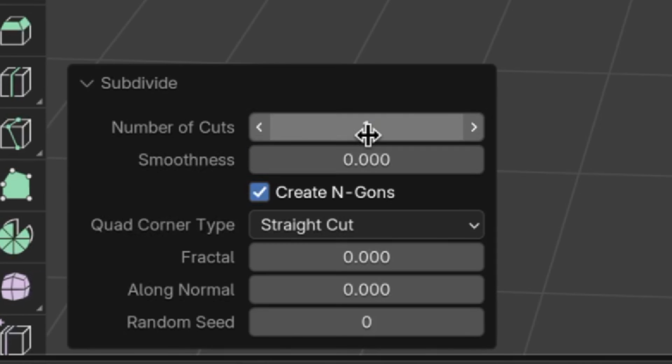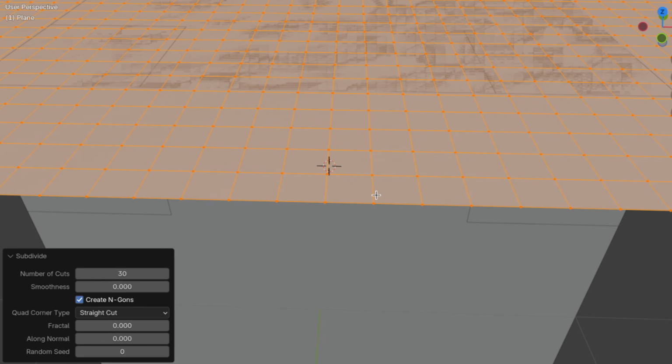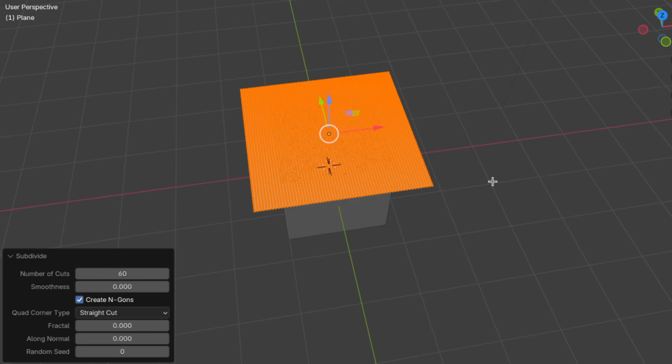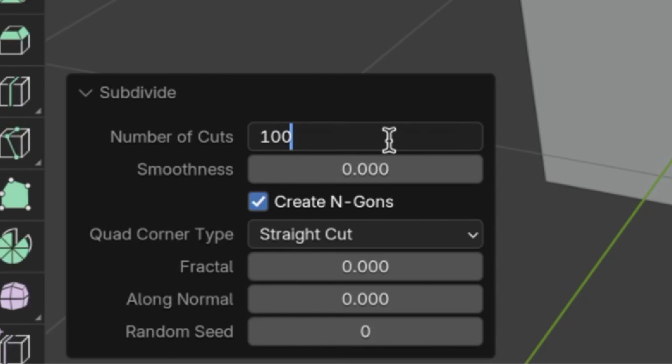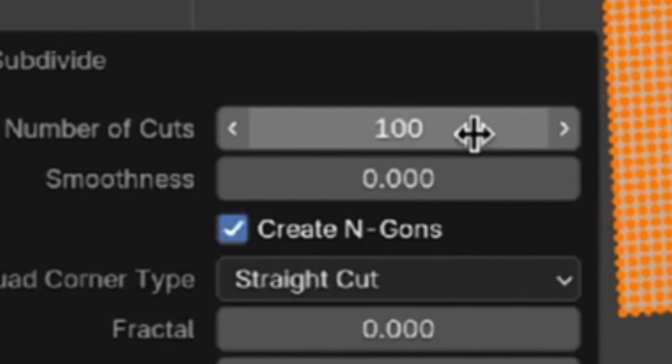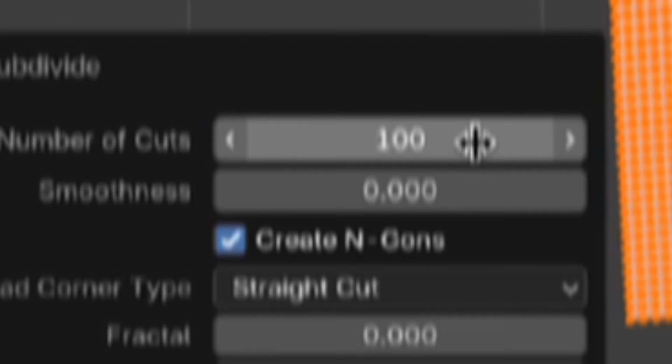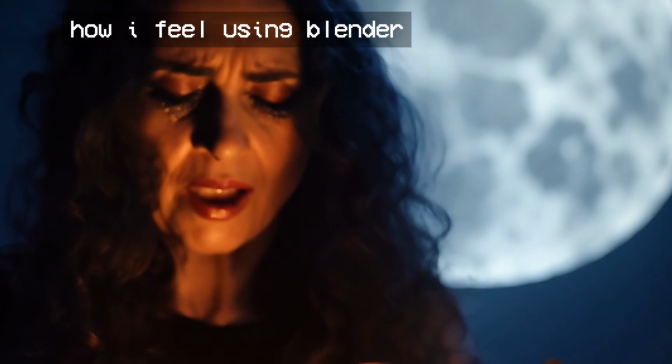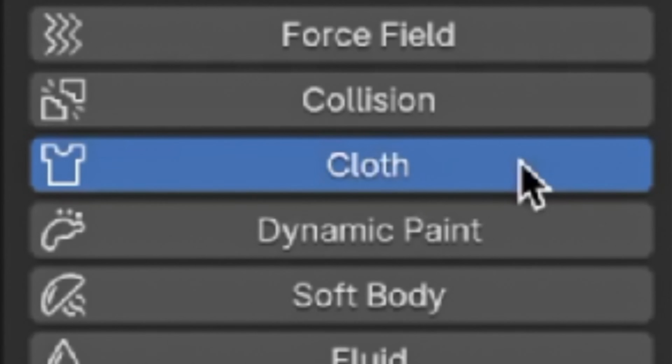And ChatGPT told me to add 30 cuts, but I decided it wasn't enough, so I put it at 60, which was cool, but probably not as cool as 100 is what I thought, and that was as high as I could go because I tried putting it at 1,000. Then I added some effects that I honestly couldn't explain, but it's supposed to make it act like cloth,